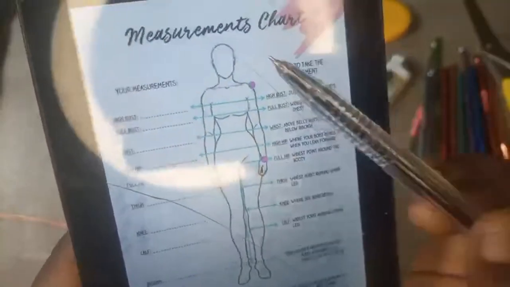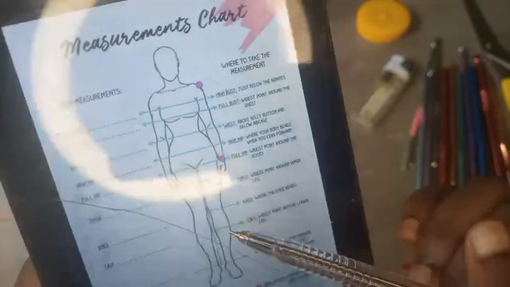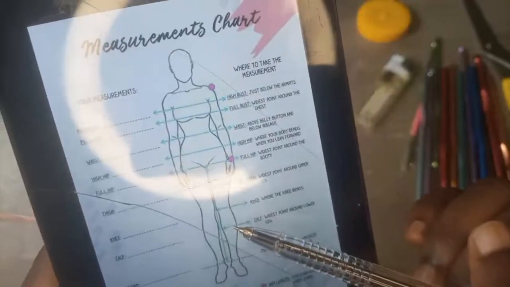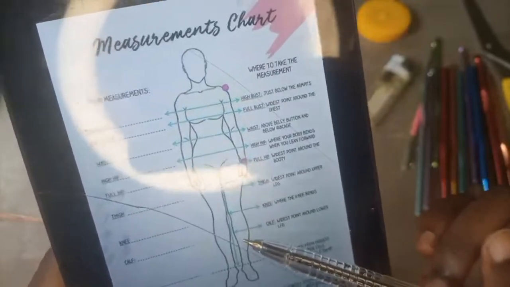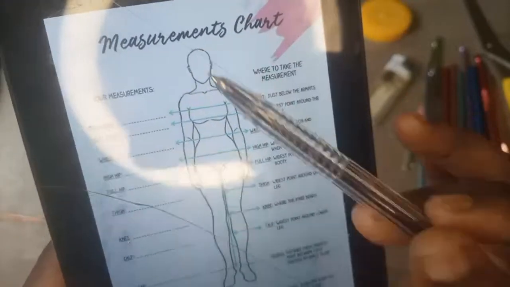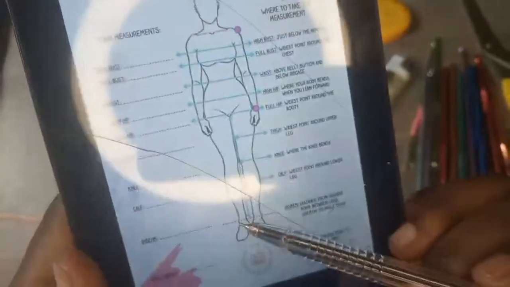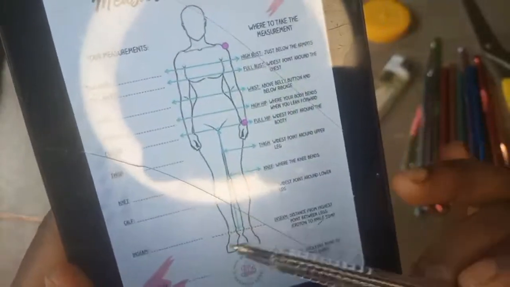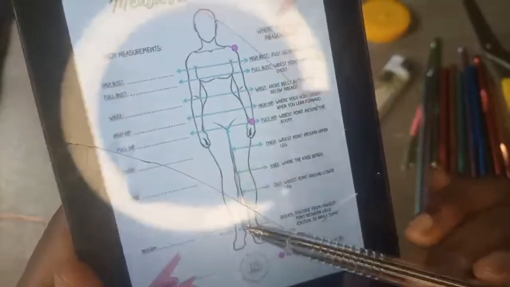Yeah, so once we have your calf, if you want to make a midi gown, this is usually where they will measure it up to. Then if you have a long gown, they will measure it up to this length. You understand what I'm trying to say?